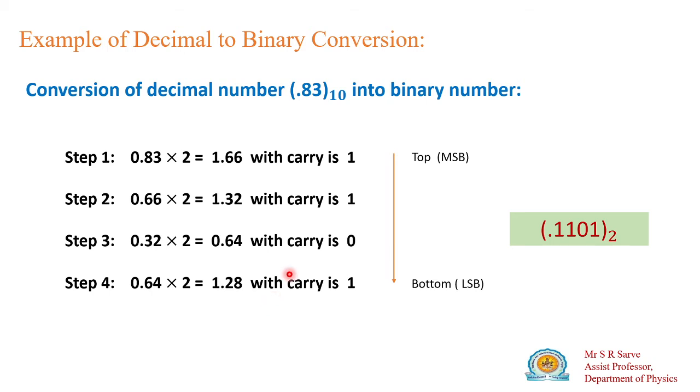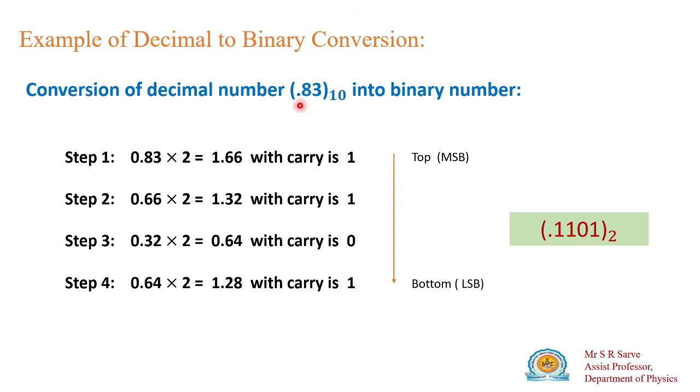Okay, so if you want to continue, you can continue till it gets 0, but it will take so many numbers. So generally after 4 binary digits you can stop. So now, what is your last binary number? So this is 1. Now while writing the binary number for the fraction, start from the top, meaning write the numbers from top to bottom. The first number is 1, the second number is 1, the third number is 0, the fourth number is 0.